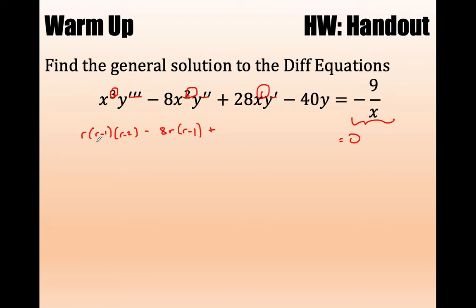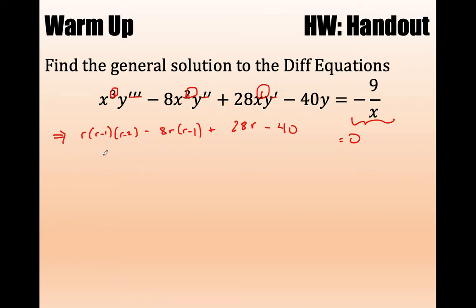And of course, if I was dealing with the fourth derivative, I would start further back with r times r minus 1 times r minus 2 times r minus 3. Right? So this is just 28r minus 40. Right? That's how, again, there's another line in here with my x's, divide the x off, and so on. But this is all I really need to remember,